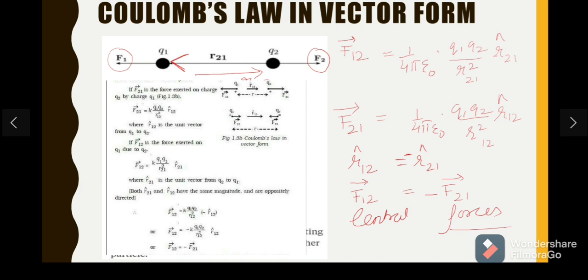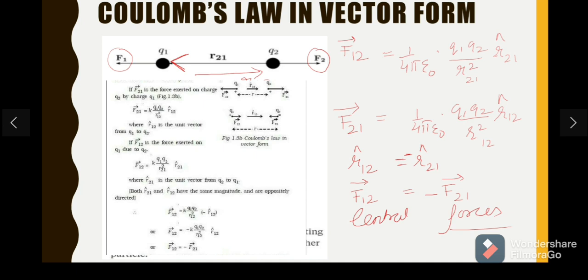But there are certain shortcomings of Coulombian forces. We can apply Coulomb's law only when electric charges are at rest. When they are in motion, the law is not valid. The second shortcoming is that electric charges have to be point charges. So we cannot really apply this to very large objects.